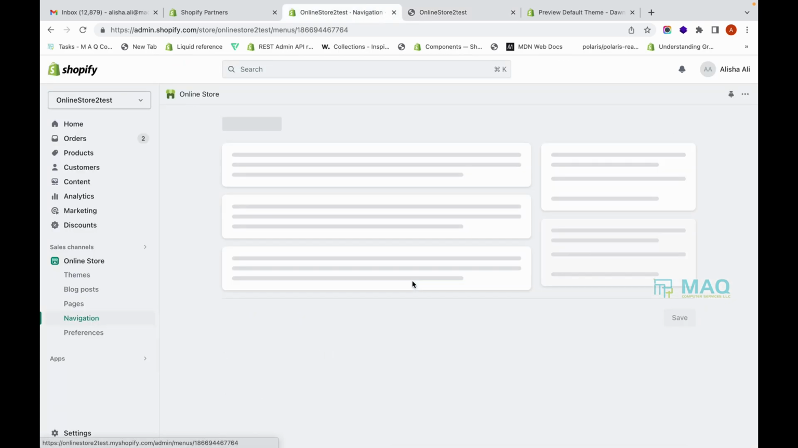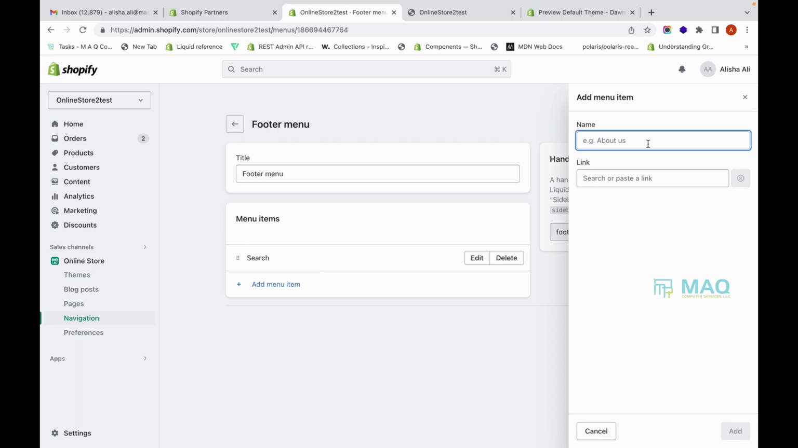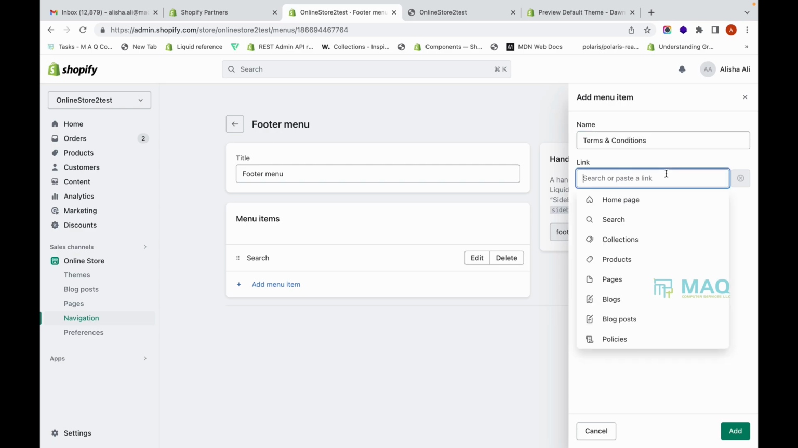Now for editing that, click on footer menu, and then you can click on add menu item button over here. Here let us add the privacy policy, terms and conditions, shipping policy, etc. So let me add the terms and conditions. Give the name for the menu, and here when you click on link, here you can choose the pages or